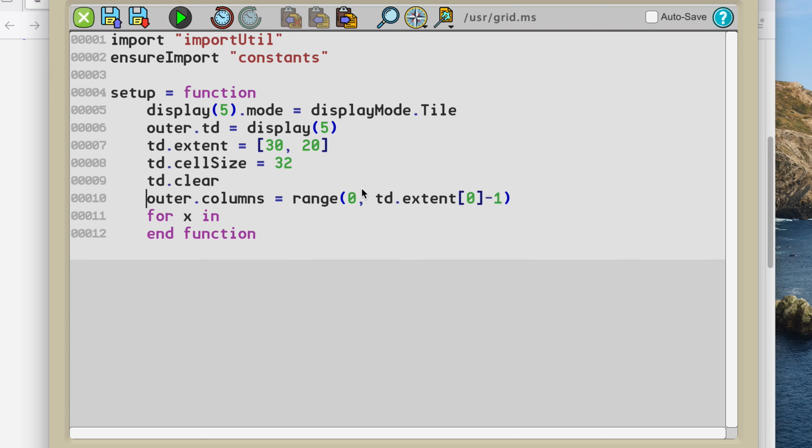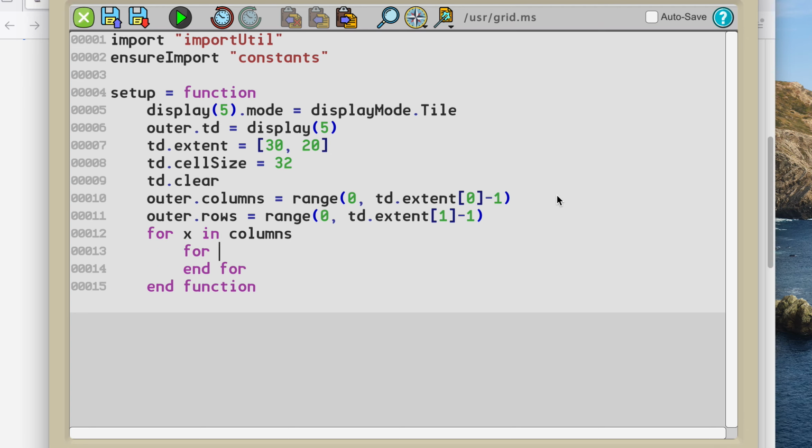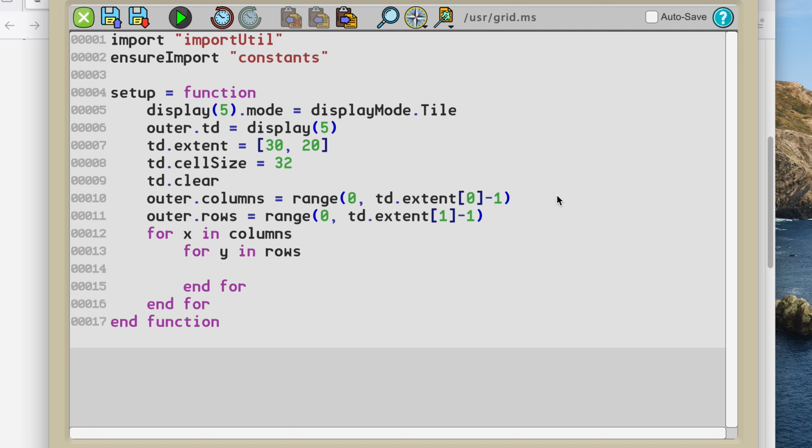So that'd be 0 through 29 for the columns, and outer dot rows equals range 0 to td dot extent 1 minus 1. So 0 to 19 for the rows. We can say for x in columns, for y in rows, td dot set cell tint x, y,